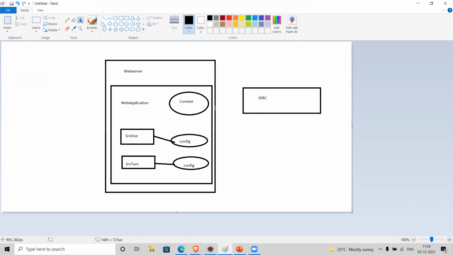Depending on my requirement, I can use the database anywhere in my web application, either in SRV1 or SRV2. In this case, if I want to read this resource file, where should I configure it? You got my question?